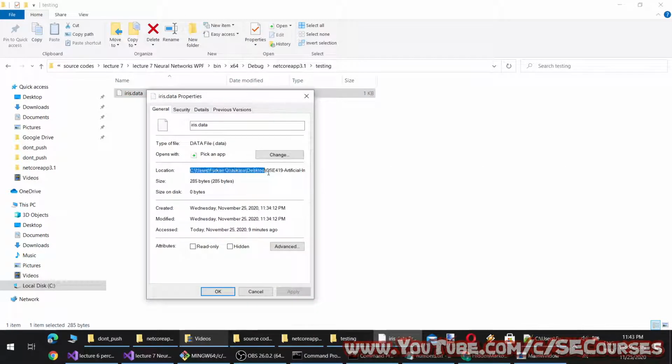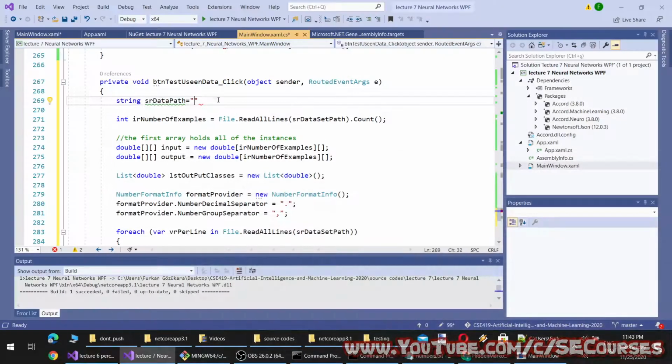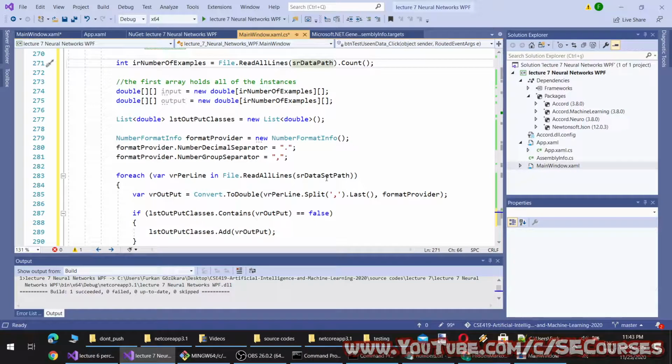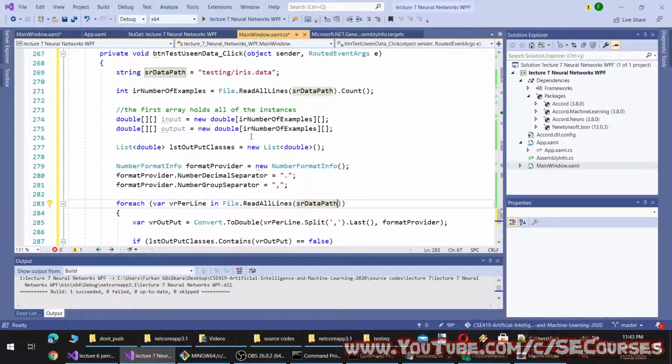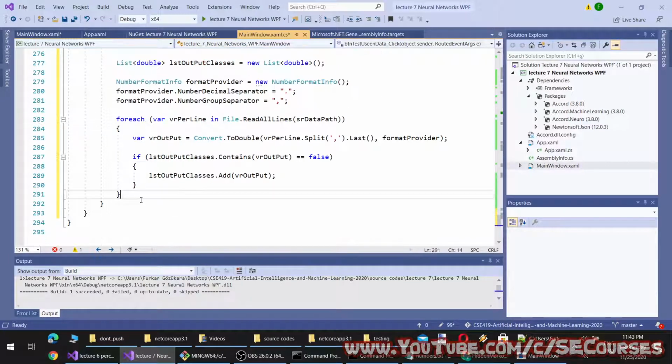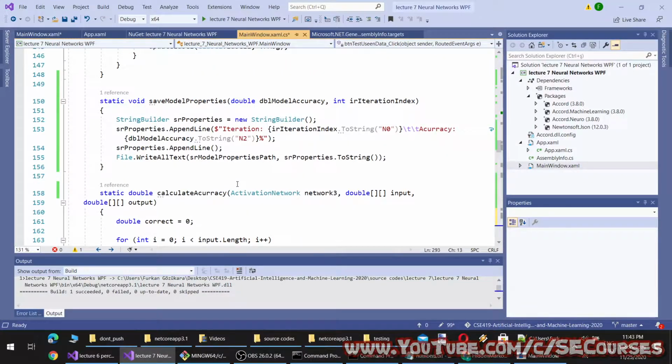All of these can be written in a better approach. So testing iris data. You should never do copy paste in your programming. However, for a faster approach, I'm showing. So this will be loaded as input and output. Then we will load our network, which will be like this. I will show you.